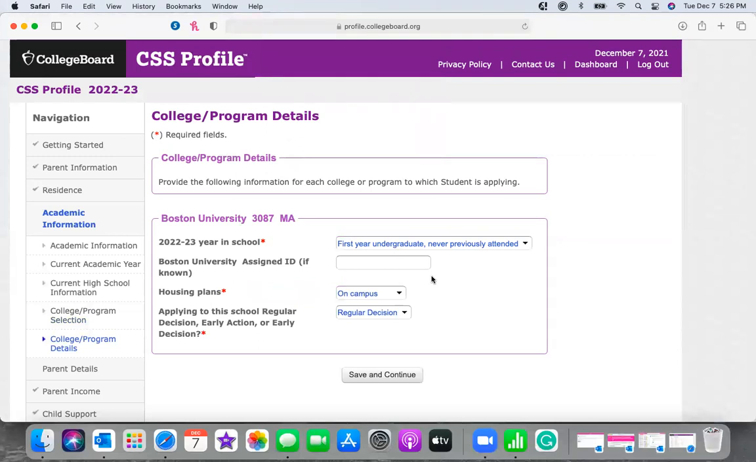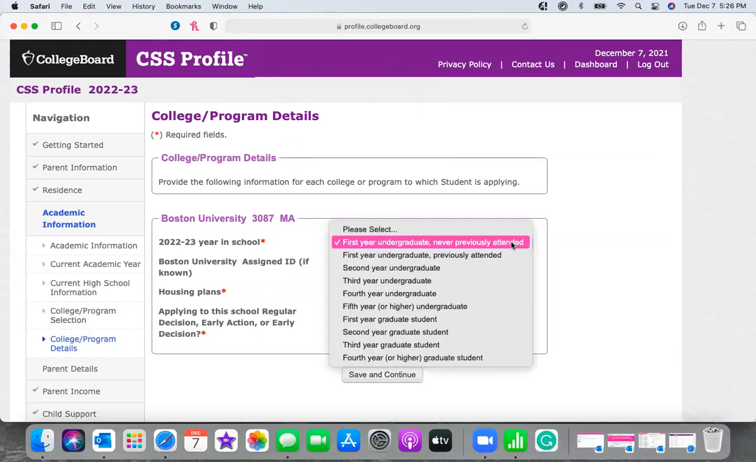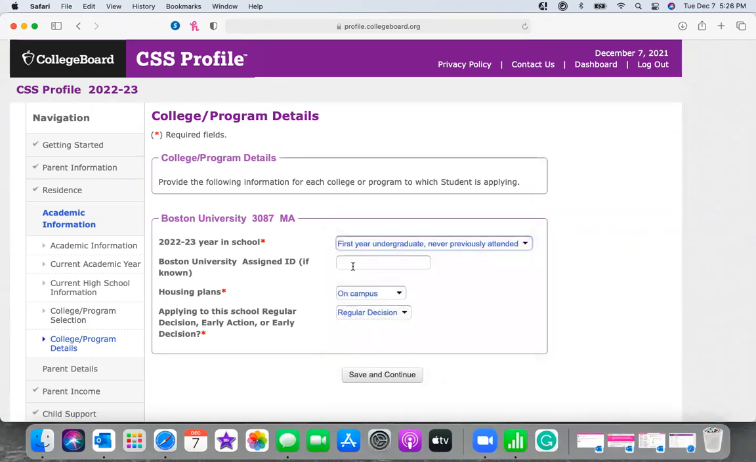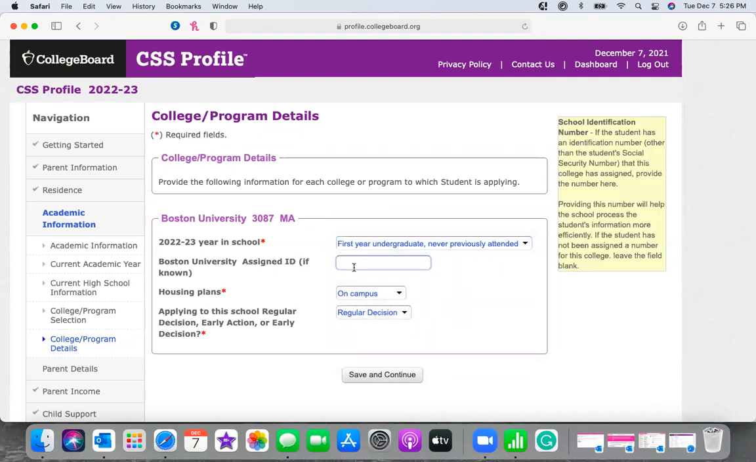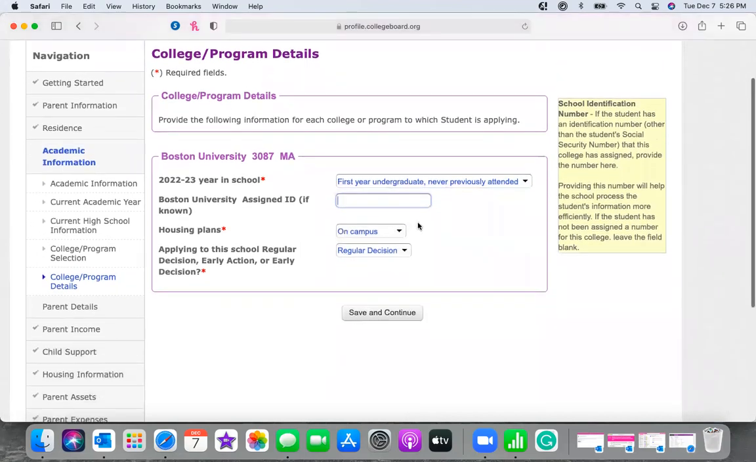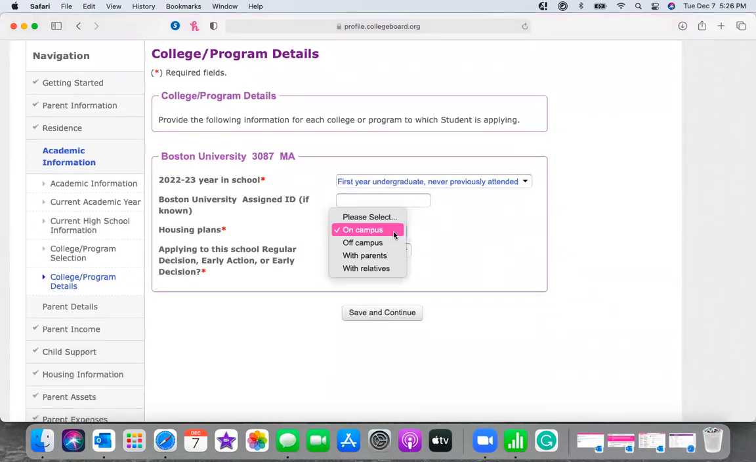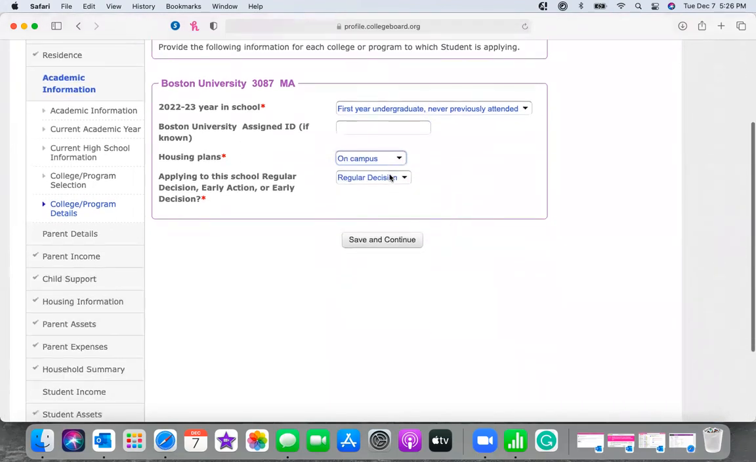Most times you'll have a couple on here. So they'll ask you to select which year in school they are. So this is first year undergraduate, never attended. And if there's an ID already assigned, then you would put it in there. Usually not. Will they be staying on campus? When in doubt, always put on campus. And then what type of